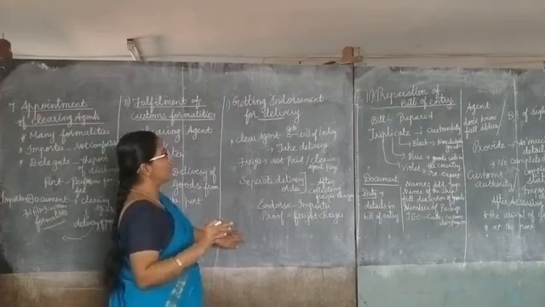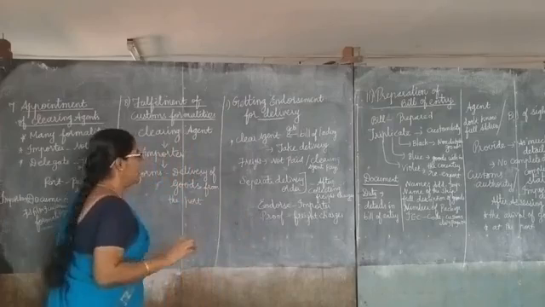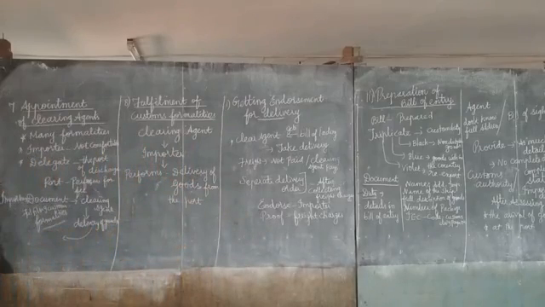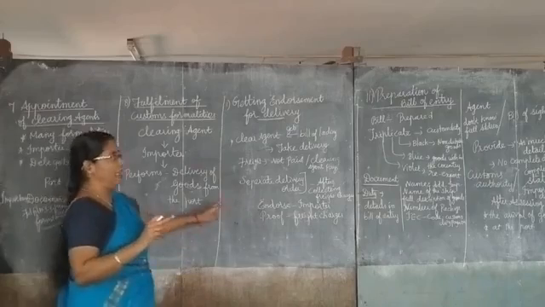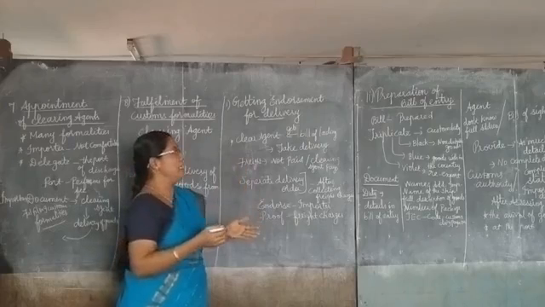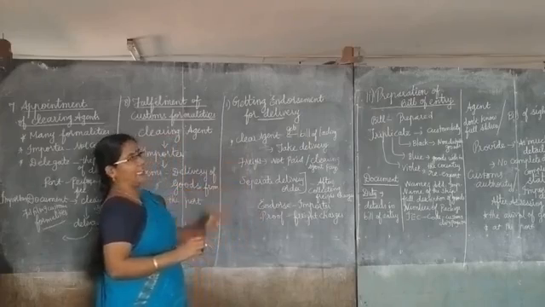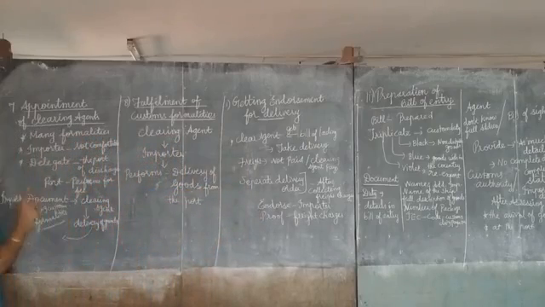First, let us see about getting the endorsement for delivery. The clearing agent will get the bill of lading that is endorsed by the importer. Endorsed means that the bill of lading will be signed by the importer. Then only can he take delivery. Who can take delivery? The clearing agent can take delivery.